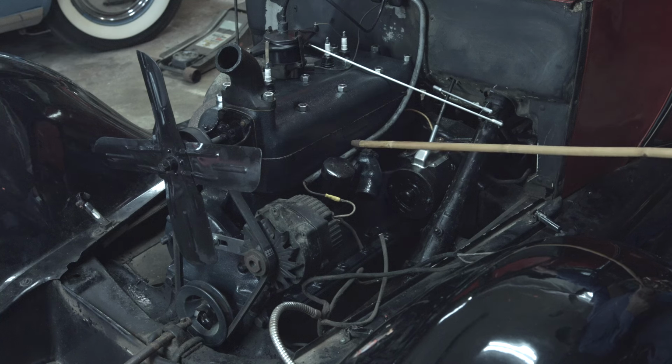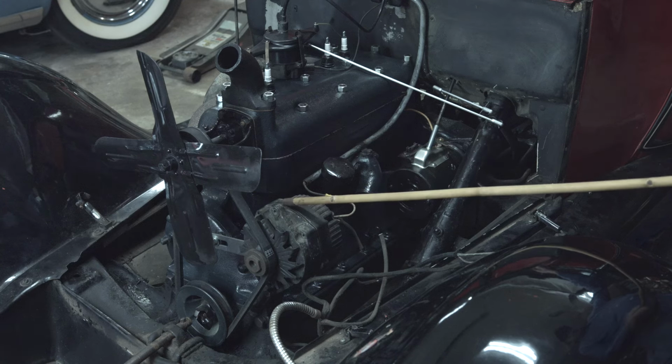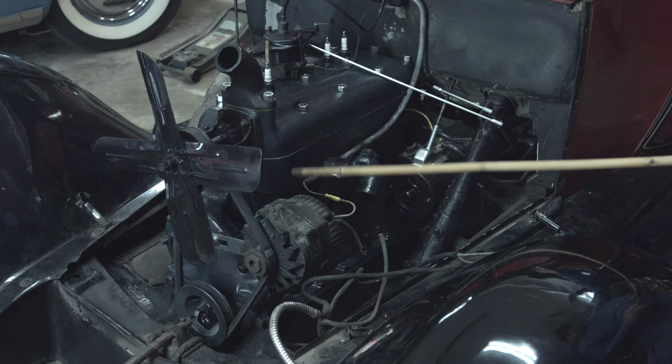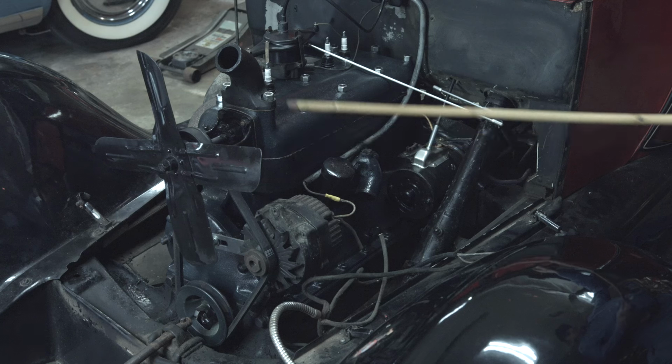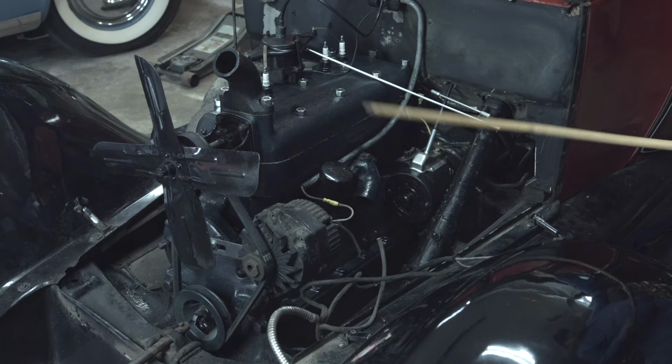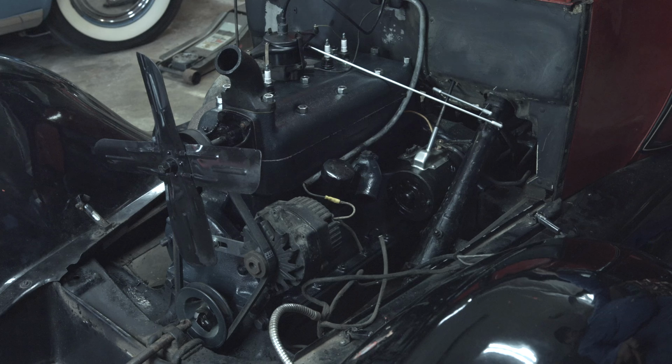Well, we had the motor rebuilt, and of course the cost of getting it rebuilt is in the neighborhood of $2,000. That's new pistons and line reamed and bored. And then of course if we add the alternator, which is probably another $150, then you've got some odds and ends, new fan belt, new points, new plugs, new things that you need as you go along. So you're going to end up spending at least a minimum of $2,500